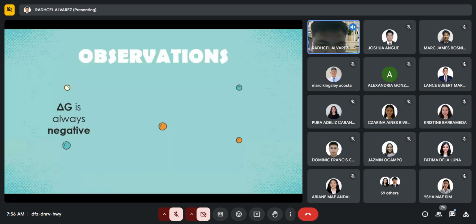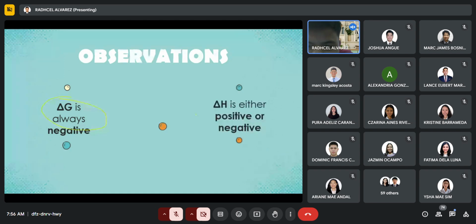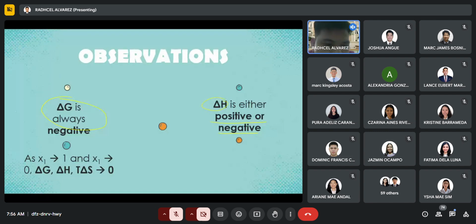So ang atin daw delta G, tatandaan niyo ito, that our delta G is always negative. So our next observation is about delta H. So nakita natin kayo na sa graph na si